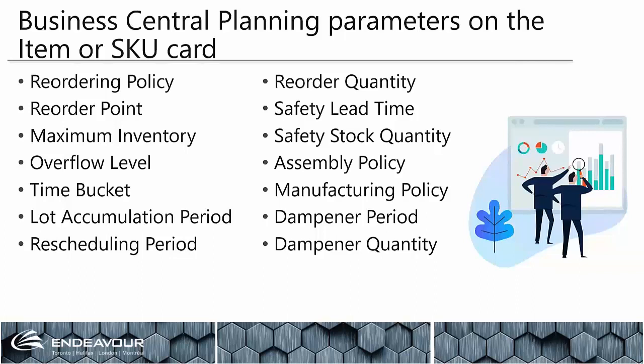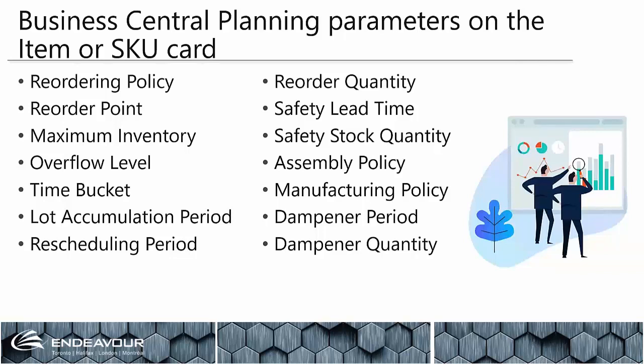But as I was saying, we can identify those based on groups. For example, if I want to define when to reorder, I would use one of the 3 parameters in this group: the time bucket, the reordering point, or the safety lead time. If I want to define how much to reorder, so quantity, I would use one of the fields of